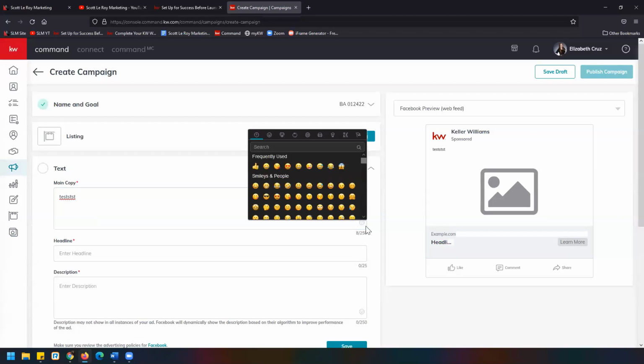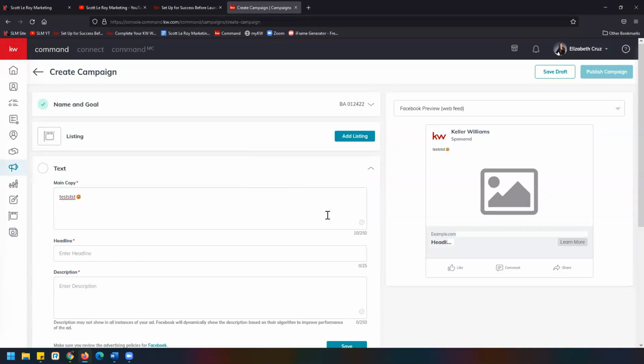You can also add emojis by clicking the little smiley face in the bottom right corner. It's a very light gray. And then, of course, pay attention to your character count as well. So for brand awareness, you can do something like